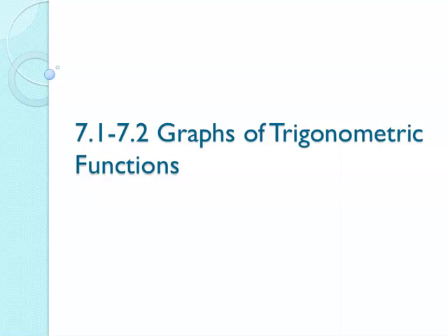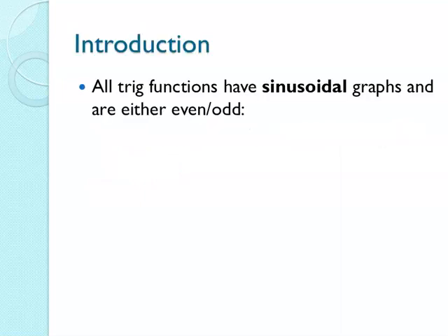So a couple of things before we get into graphing them, but we will be graphing all 6 trigonometric functions: sine, cosine, tangent, cosecant, secant, cotangent. We're going to graph all 6 of them today. So before we get into those graphs, a couple of things for introduction. First, all trig functions have what we call sinusoidal graphs, and they are going to be either even or